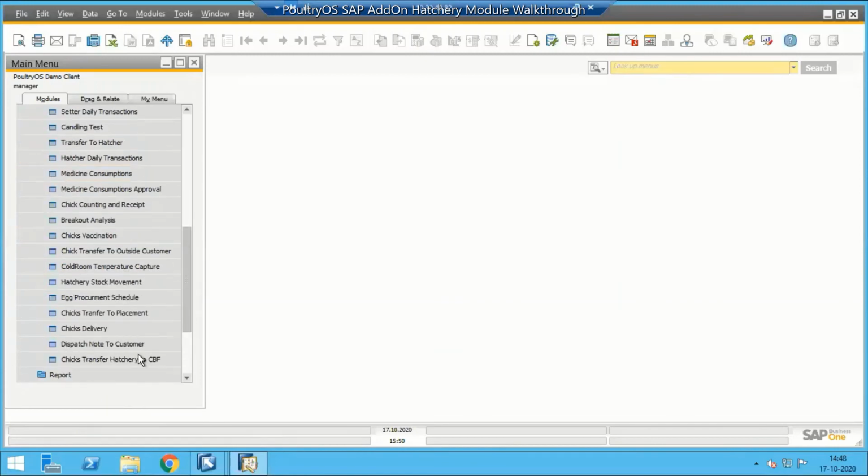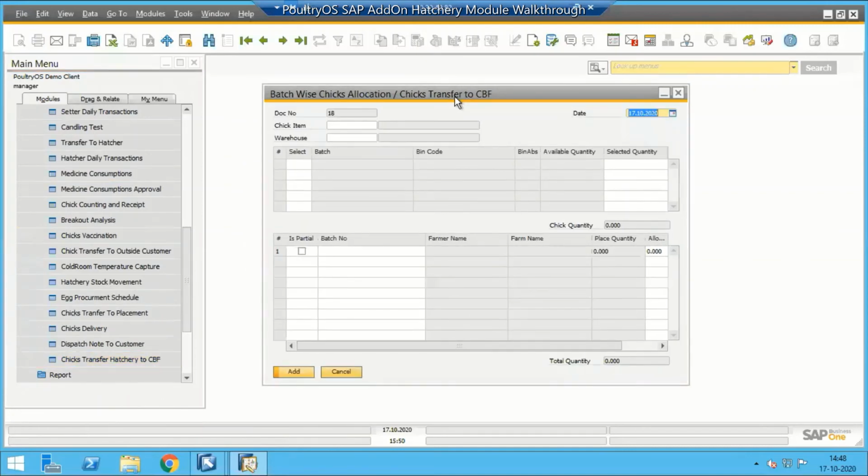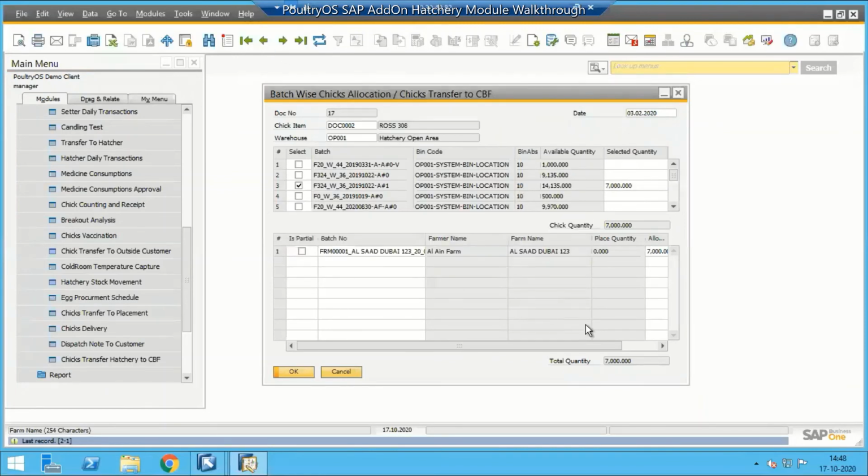So basically the broiler module and hatchery are integrated. Yes. When we create a placement schedule in broiler, it reflects in the hatchery module, and through here we get a sort of procurement request, and through hatchery we complete that procurement request. That way both modules are connected.